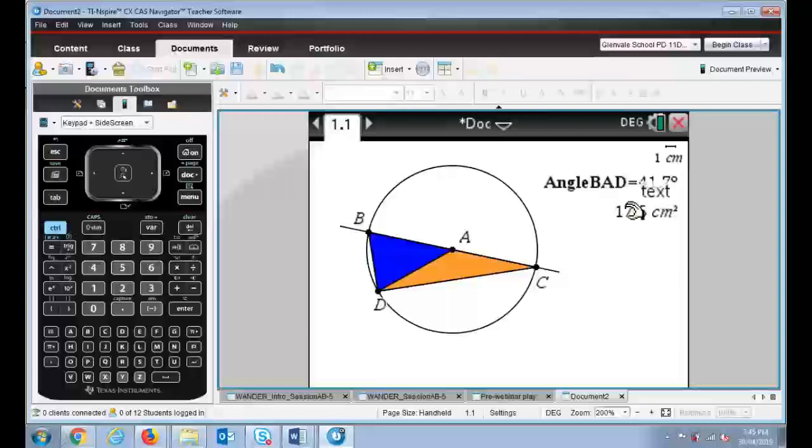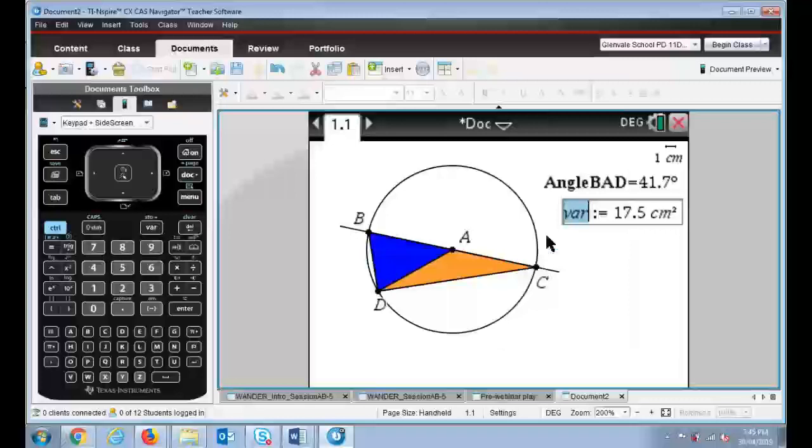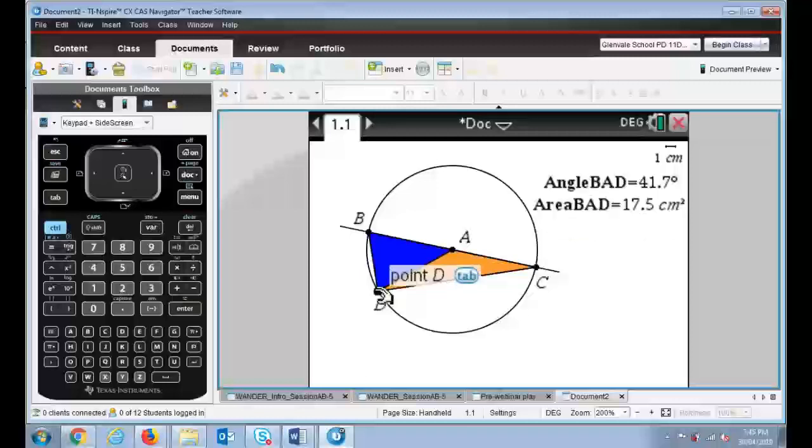Once again, I want to store it. So right-click, Store. The variable name this time is going to be area BAD. Press Enter. It's locked in. Drag it back in. And you can see that as I move point D, both the angle size and the area are changed. Okay, finally, I want to take a look at